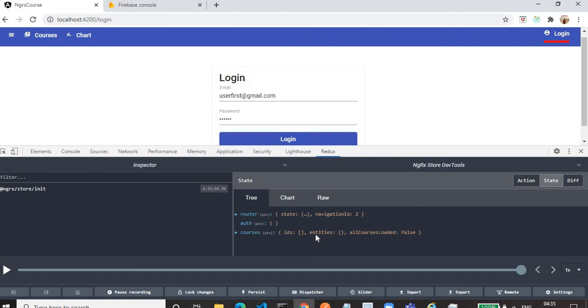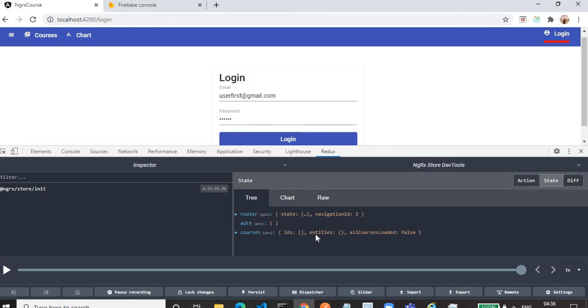Whenever there is an array to store, we usually prefer the NGRX/entity approach, because NGRX entity provides a lot of methods that manipulate our array without writing much code.